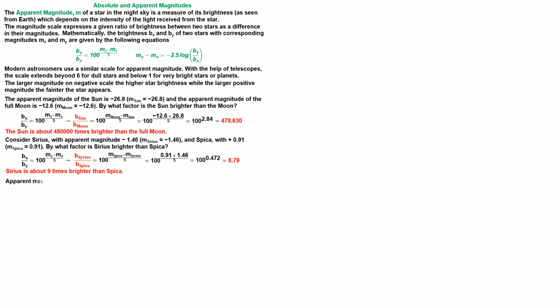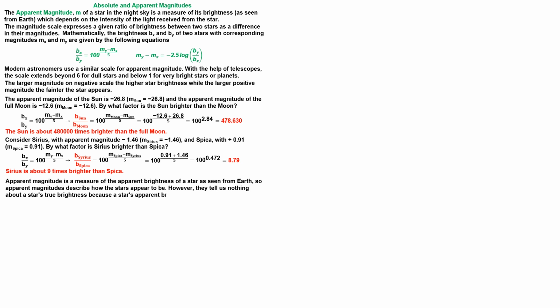Apparent magnitude is a measure of the apparent brightness of a star as seen from Earth. So apparent magnitude describes how the stars appear to be. However, it tells us nothing about a star's true brightness, because a star's apparent brightness depends on the star's true brightness and also the distance to the star. Therefore, two stars of the same apparent magnitude may not be equally bright, as they may be located at different